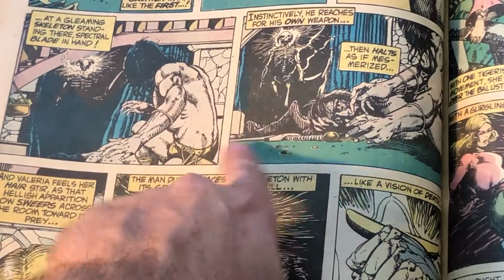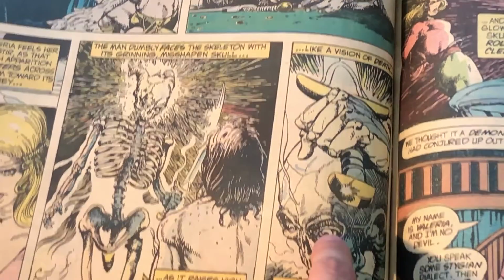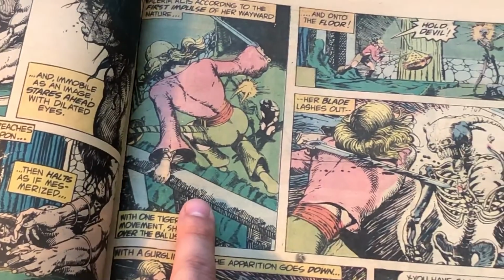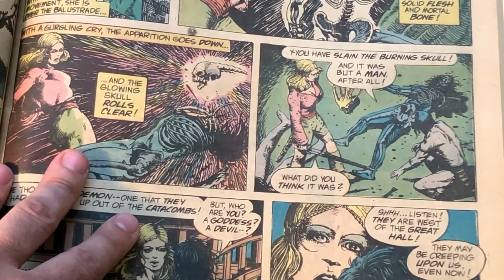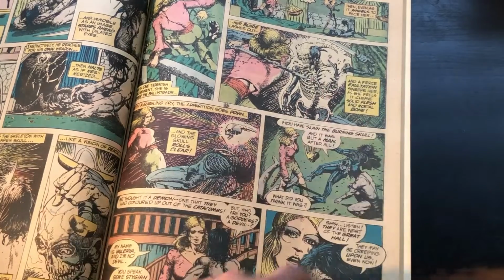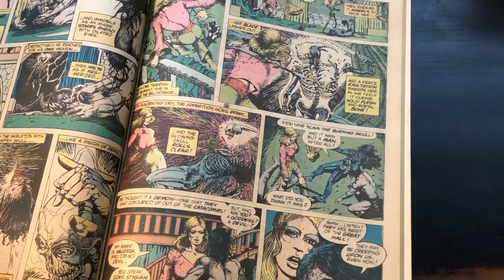Yeah, and this thing just comes out of the dark. It's very eerie. And this thing is about to kill him, and it looks like there's eyes in it. Triumphant over mankind. And she dives over the banister, rushes this thing, and without hesitating takes a swing at it and kills this man who's wearing it. Because in this sequence of panels, we've come to see that it's a suit of some sort, and it's not a skeleton, and it's not a magical ruse. And this skull goes falling to the ground,